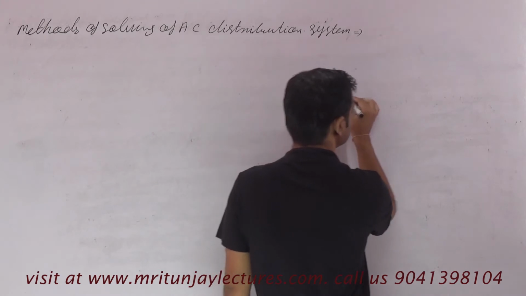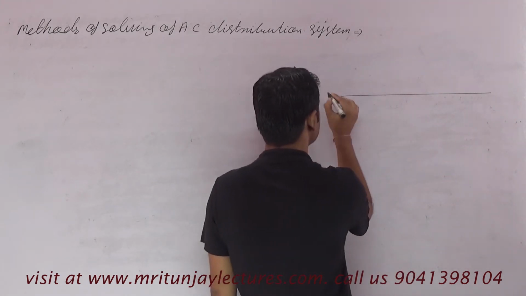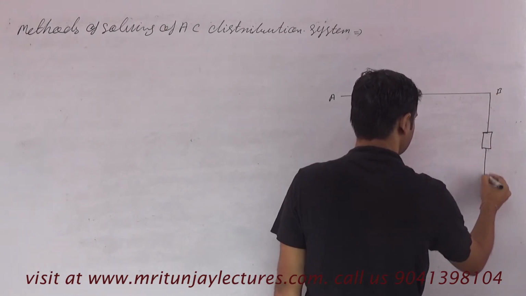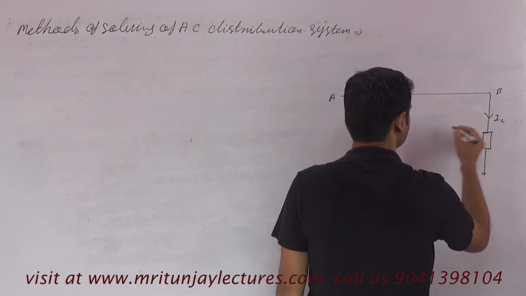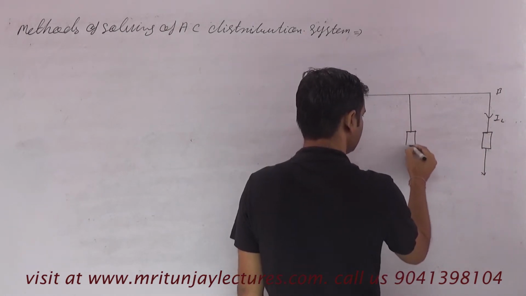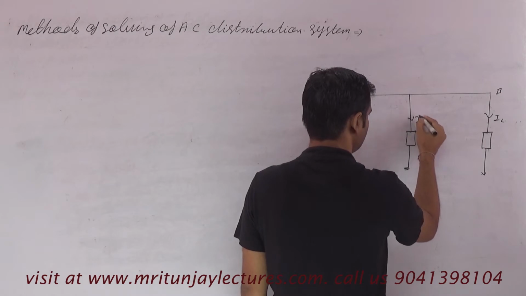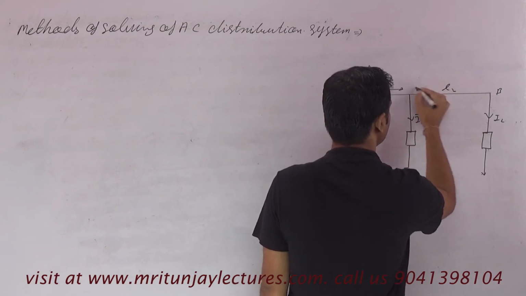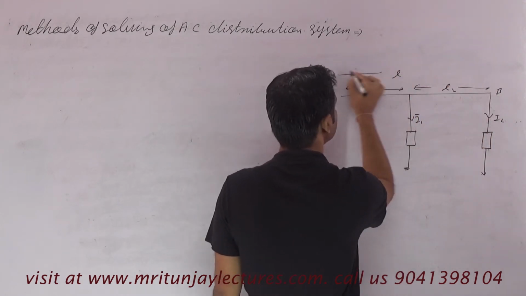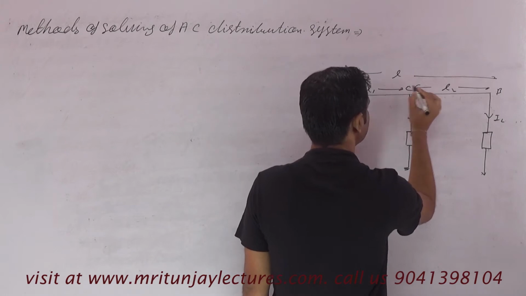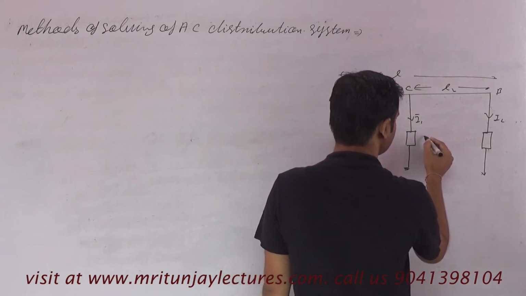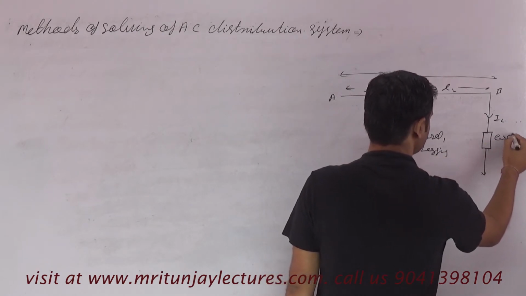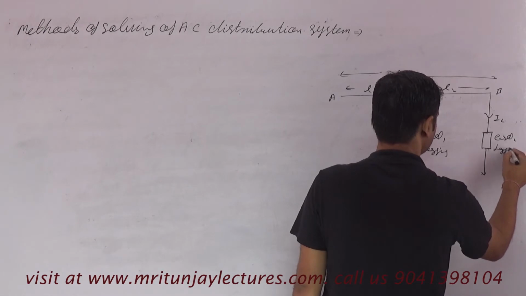Suppose that this is a distributor, that is A and that is B, and that is a load connected here, that is I2, and a second load connected here corresponding to current I1. Okay, length L1, length L2, and total length is L, and this point represents C. Cos phi 1 power factor lagging and cos phi 2 power factor lagging. Okay,